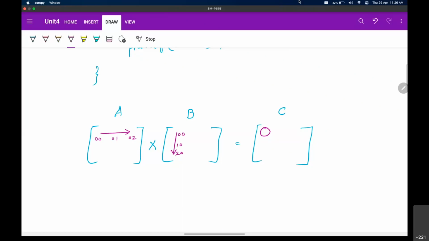What you are going to do is A00 multiplied with B00 plus A01 multiplied with B10 plus A02 multiplied with B20, and finally you add those calculations, which will give you the final answer C00. Okay, so this is your process. This is the matrix multiplication process.